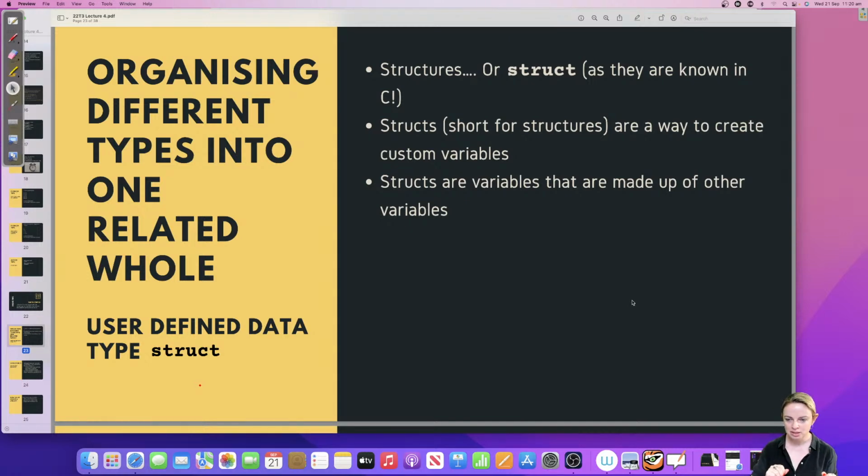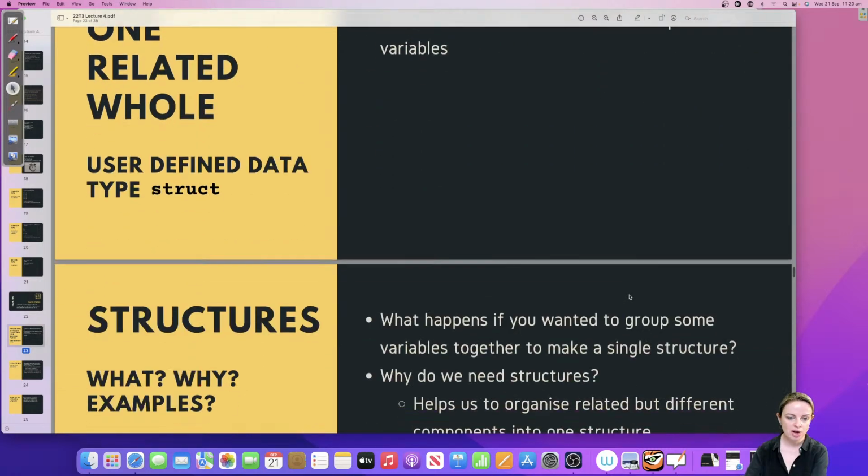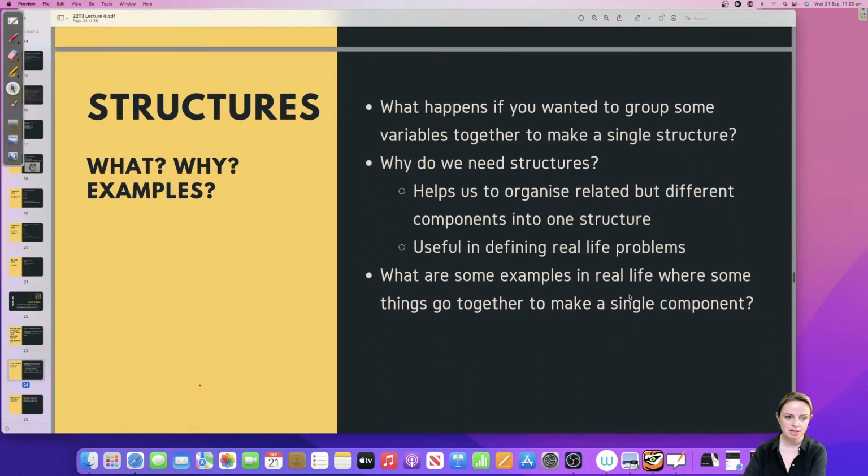So I might have an int, a char, and a double in one struct. A struct is made up of related variables. It's just another variable made up of more variables, so it allows you to keep track of more than one related thing at a time.